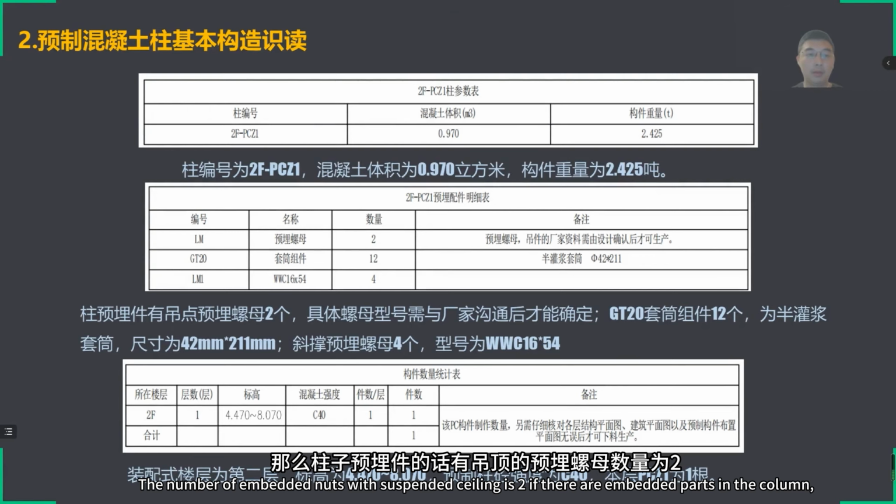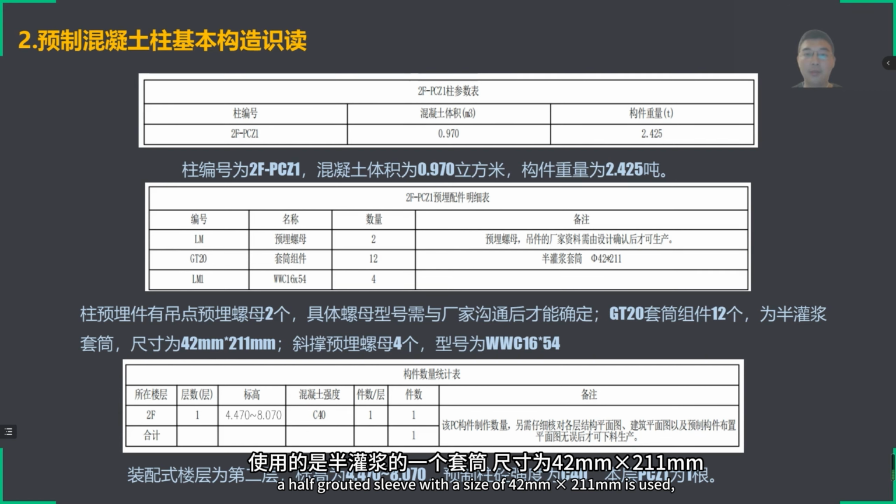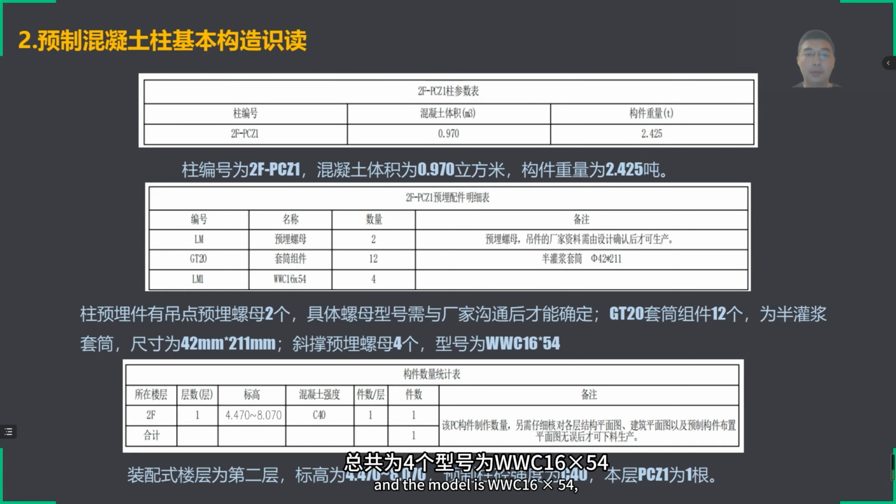The number of embedded nuts with suspended ceiling is 2 if there are embedded parts in the column. The specific model of the nut can be determined only after we communicate with the manufacturer. There are also 12 GT20 kits in total, which must correspond to the number of our B-side, X-side, and our corner reinforcements. In this drawing, a half-grouted sleeve with a size of 42 millimeters times 211 millimeters is used. There are 4 embedded nuts on the front and right side of the diagonal brace, and the model is WWC